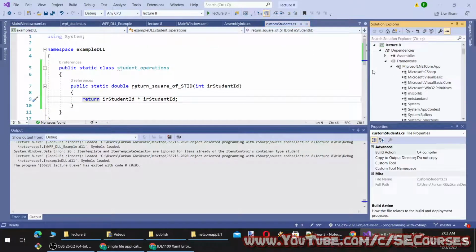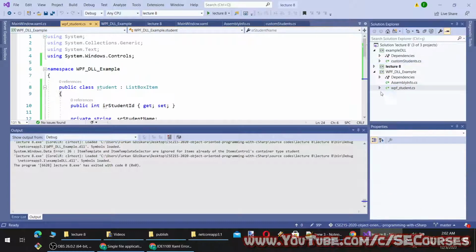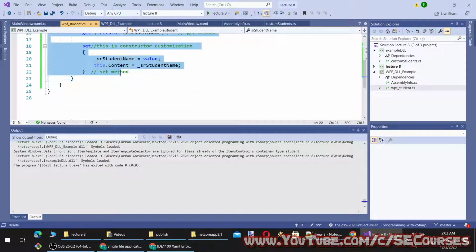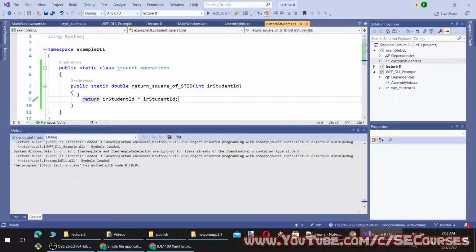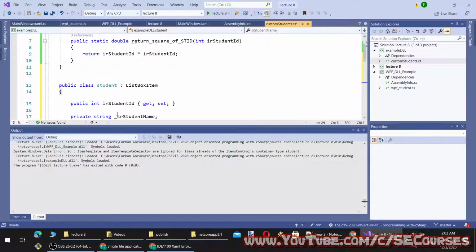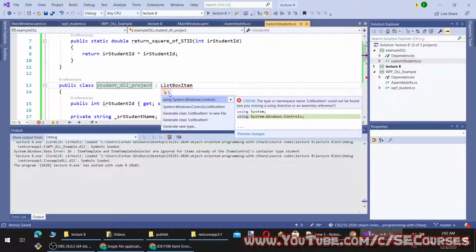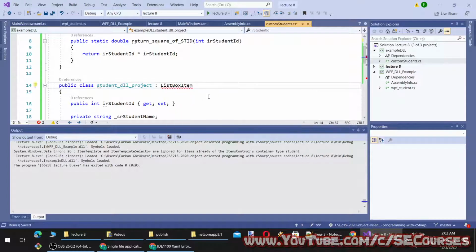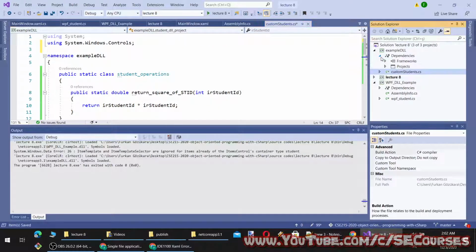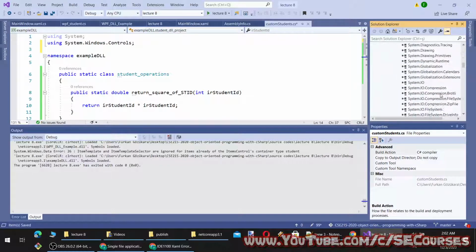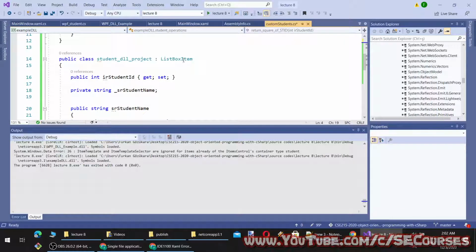the listbox class, listbox item class, inside a DLL project, and I will try that. Let's make this a DLL project. You see it says that there is no such reference, and, oh, now it is showing me to use this. Interestingly, it wasn't showing it, now it shows, and now it will add that to the references. Yeah, it's added. Now I am able to use it.